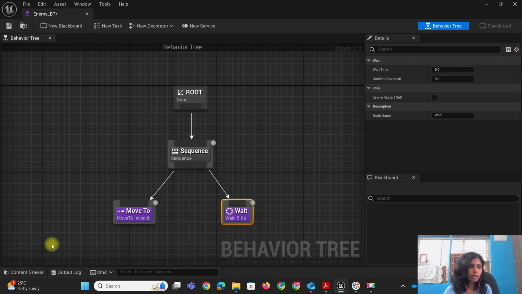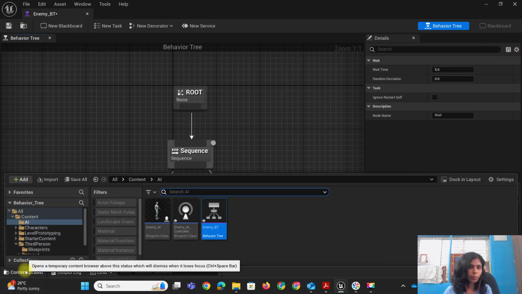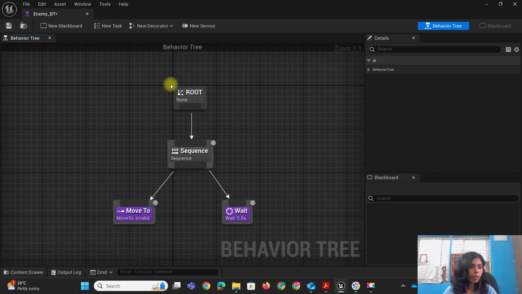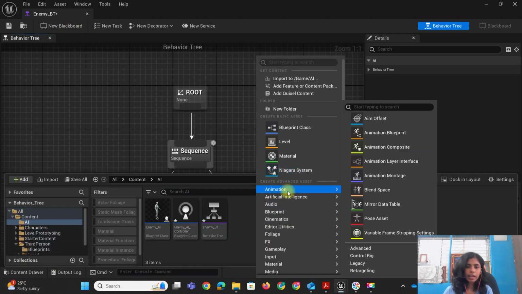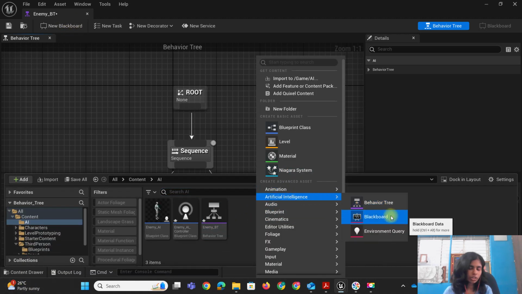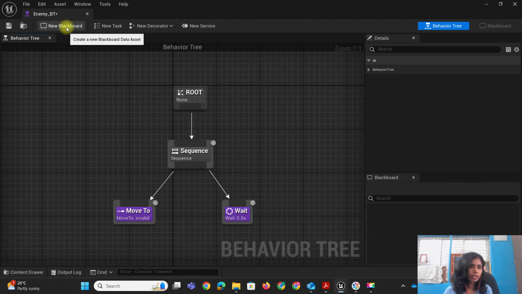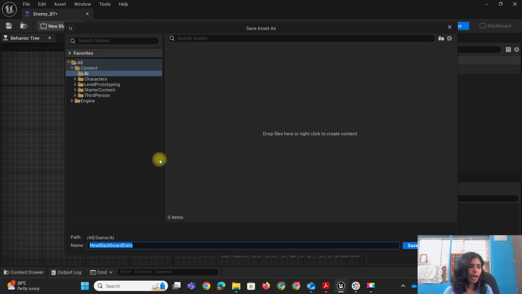So now let's create our blackboard. We can create our blackboard here itself, or you can just right click and under the artificial intelligence you can create a new blackboard from your panel. I'm just going to create a new blackboard from the behavior tree panel itself. So new blackboard, and this blackboard I'm going to call enemy